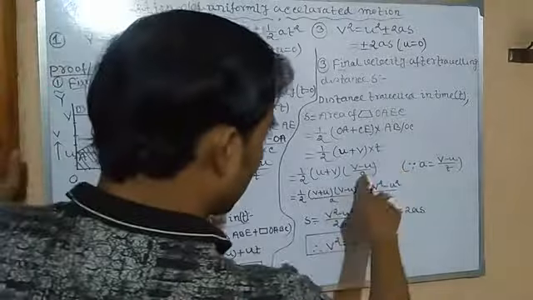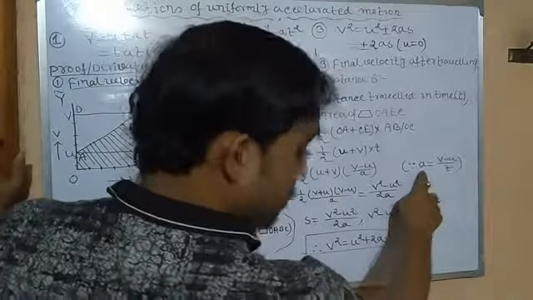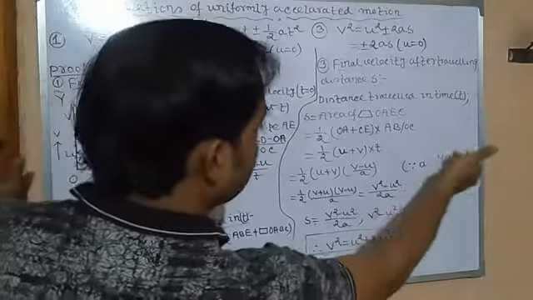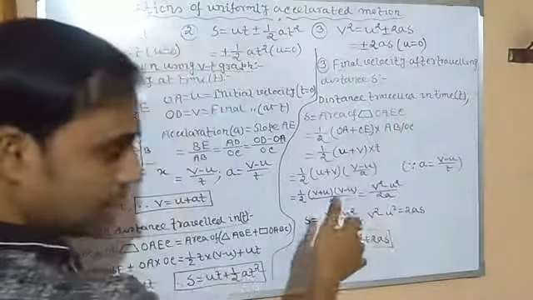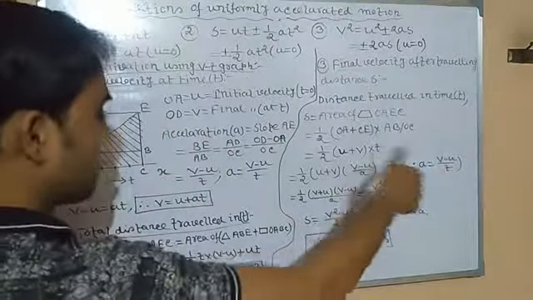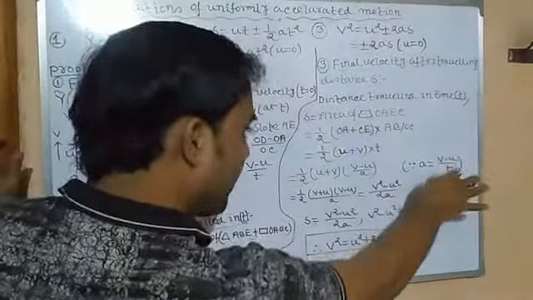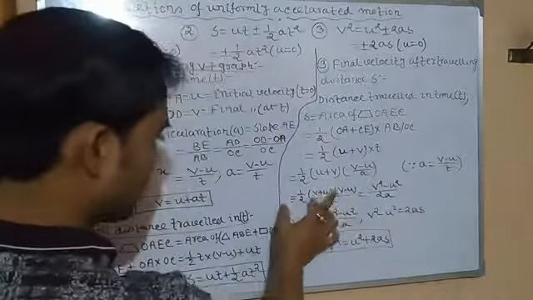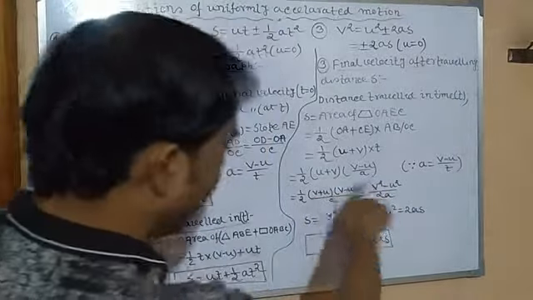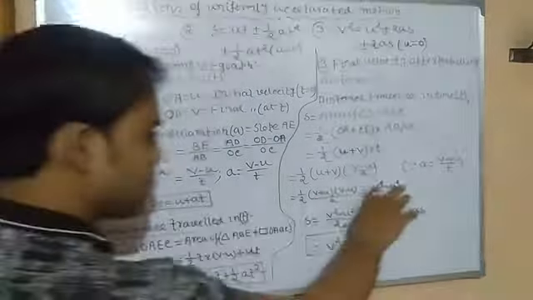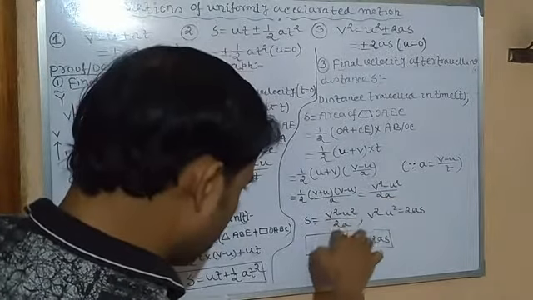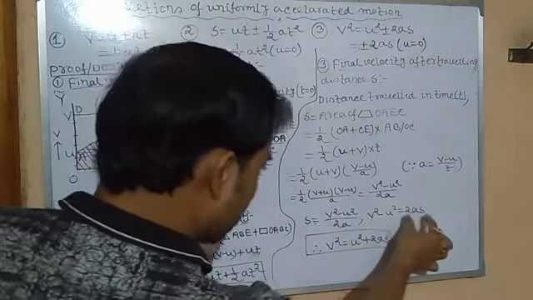Now we can put the value T is equal to V minus U by A, because acceleration equals change in velocity by time. We can also write T is equal to V minus U by A, but it is also shown here. So in that case we don't need to write T is equal to. That's why we have written the expression of acceleration. A is equal to V minus U by T, so T is equal to V minus U by A here. So then half V plus U into V minus U by A, then it turns A plus B into A minus B. This is nothing but the formula A square minus B square, divided by 2A. So S is equal to V square minus U square by twice A. So hence V square minus U square is equal to twice AS.